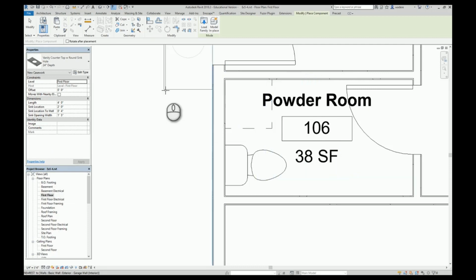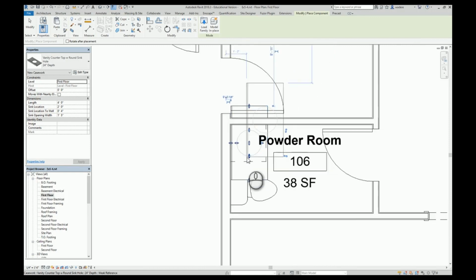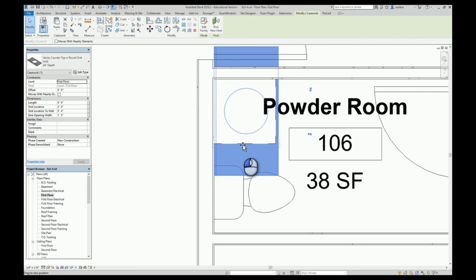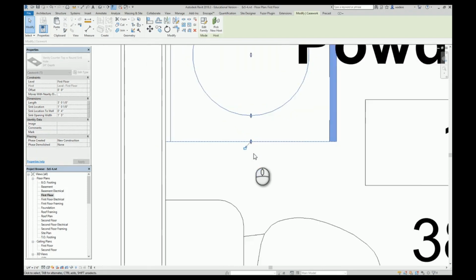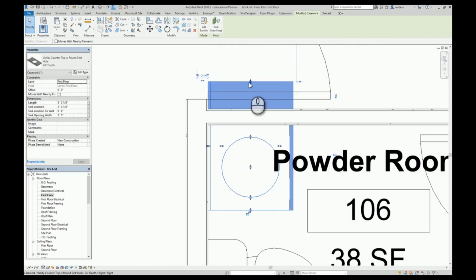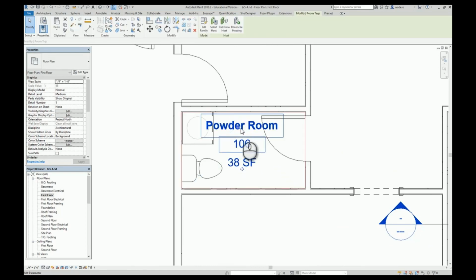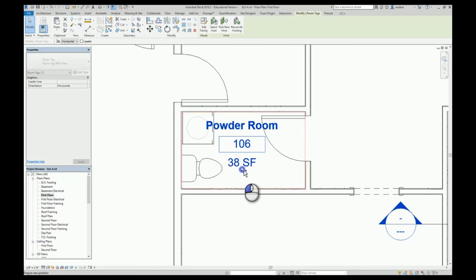and again I hit my space bar to place it, and I pretty much want to put the sink right in the middle, and I want it to be aligned along the back. Now, as you can see, this cabinet top is too big. I need to stretch it, and I'm going to align it with the edge of my counter. And I'm going to do the same thing over here. Now, if we go and look at this, I'm going to kind of just slide this room tag over a little bit,